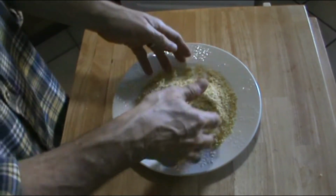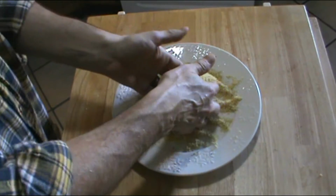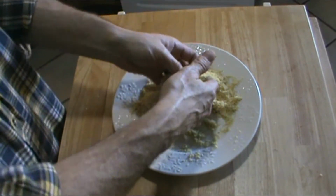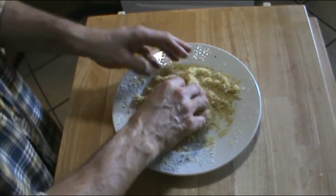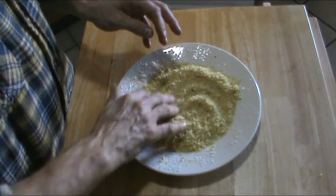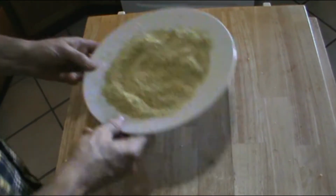I'm going to give that a little mix with my hands quickly. And of course, we could season this with other seasonings. You could add a little Italian seasoning or something to this if you like. I'm not going to do that. I think this will just be lovely the way it is. And we're going to get it all mixed up, everything all incorporated. And next,